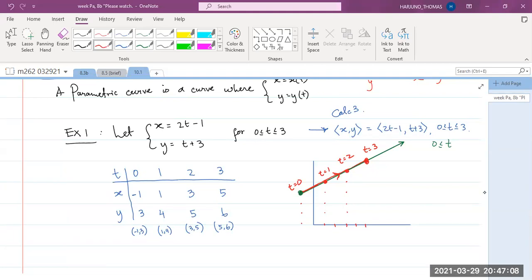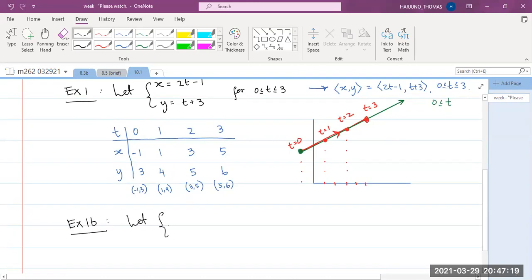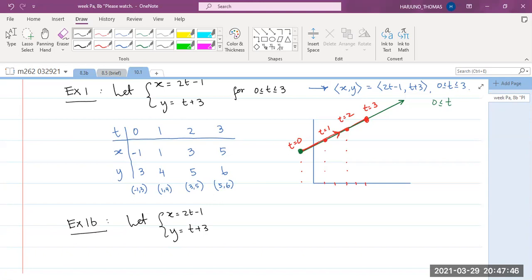Now, let's continue with example 1b. Suppose instead, I say let x equals 2t minus 1 and y equals t plus 3. And there's no restriction on t. How will you graph this? Well, one way is to plot the coordinates, to get some feeling for some t's, right? For t equals 0, 1, 2, 3, t equals -1, t equals -2, and so on and so forth. Then you will get a line that looks like